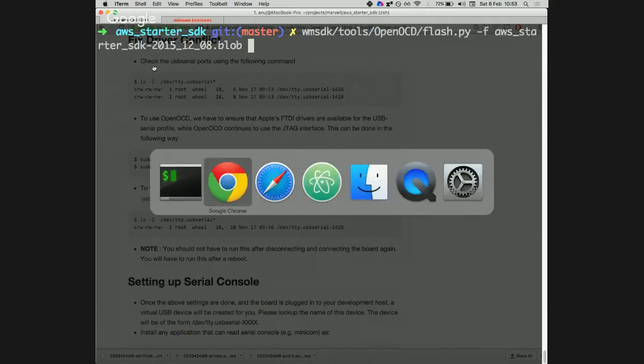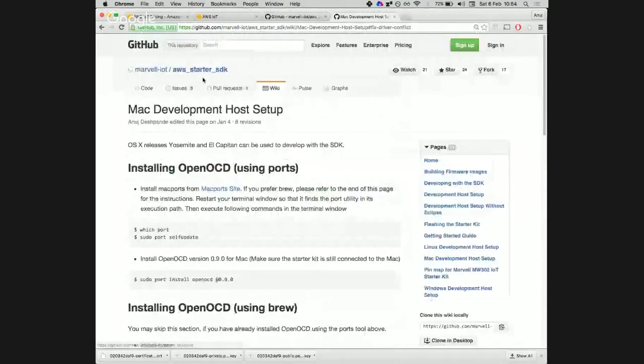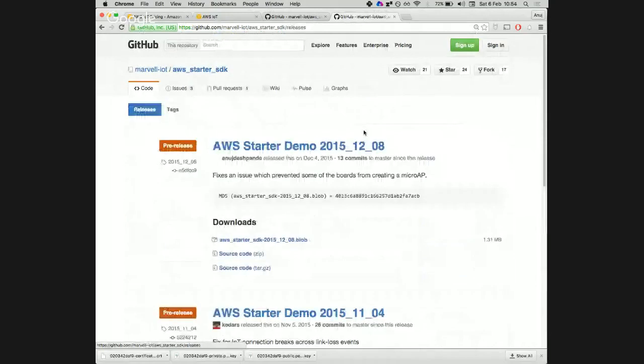If you go to the GitHub page and go to the releases section, you'll find this blob. This blob consists of the application code, the Wi-Fi firmware, the bootloader, and the FTFS. All of this is required. That's part of the standard application code which ships with the default board.